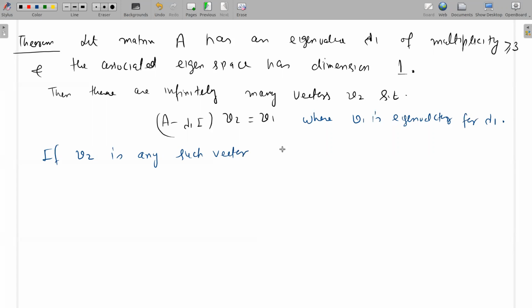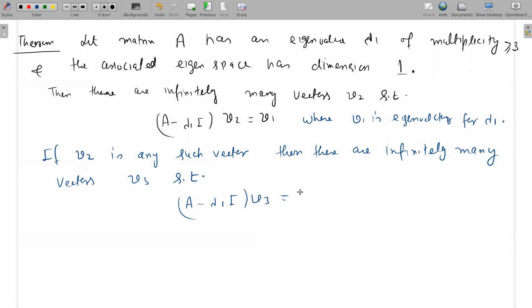If v2 is any such vector, then there are infinitely many vectors v3 so that (A minus lambda 1 I) v3 equal to v2. यानी कि आपको एक v1 मिला, you find v2 from v1 and then the third one v3 from v2. Okay, then conclusion, then y1 equal to